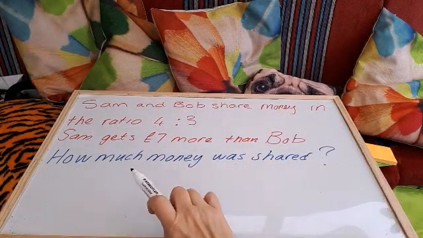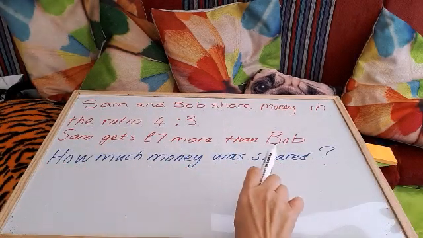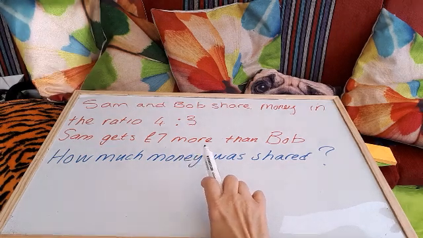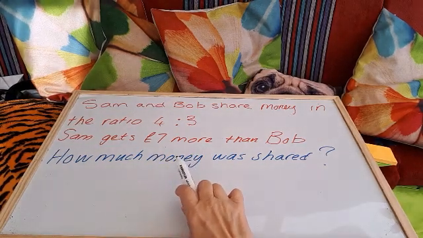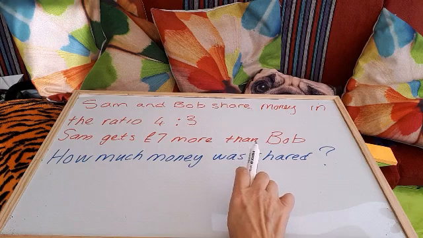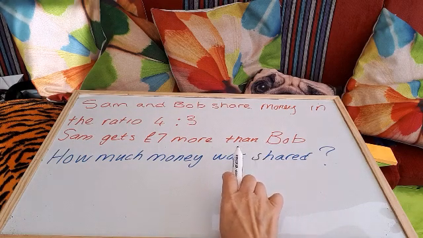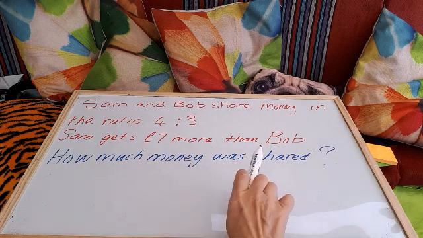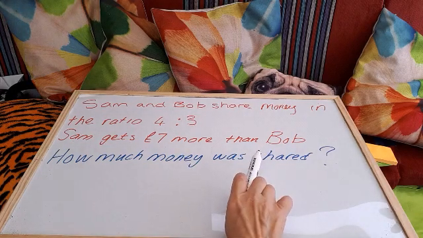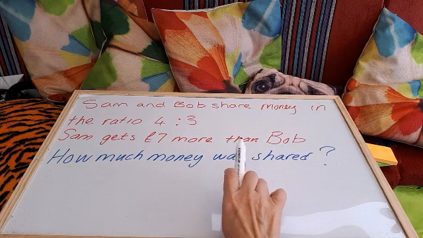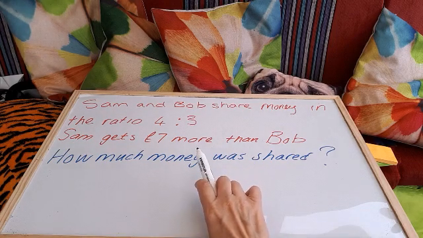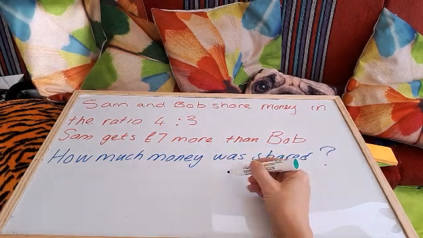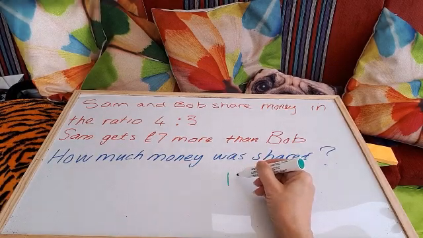Okay, let's look at this question. Sam and Bob share money in the ratio 4 to 3. Sam gets £7 more than Bob. So there's a difference between the amount that Sam and Bob receive of £7. Okay? So that means that 1 part must equal 7. 1 part must equal